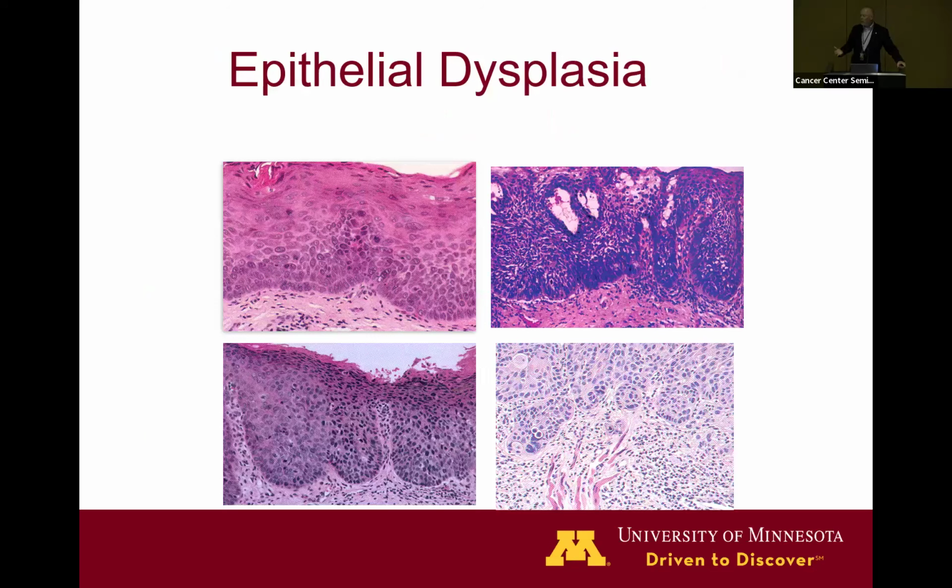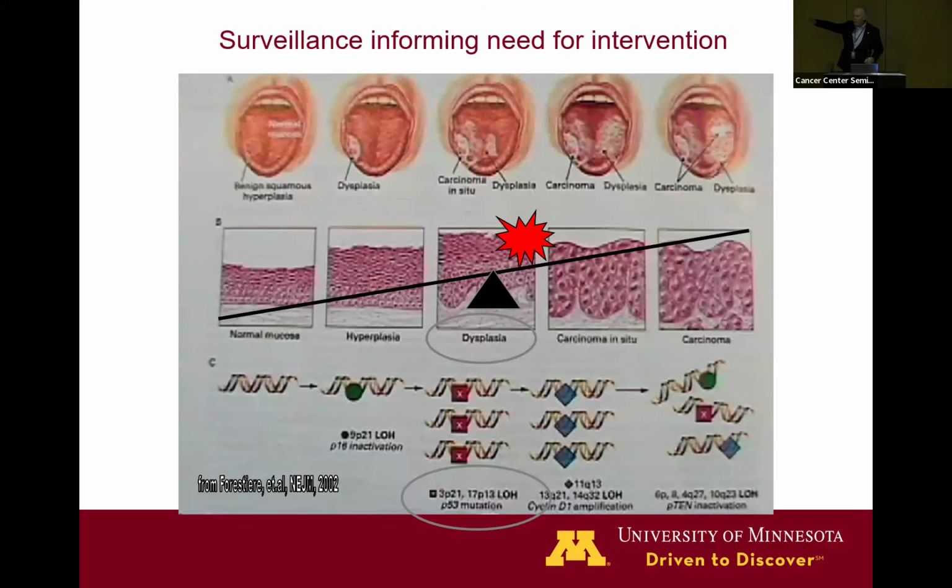So epithelial dysplasia, we could go back and look at those specimens again in their blocks or the actual slides, and they can be stratified again in levels of severity. So we can have mild, moderate, severe epithelial dysplasia. And of course, that means that some of those dysplasias will progress towards squamous cell carcinoma. And there's a little bit of a